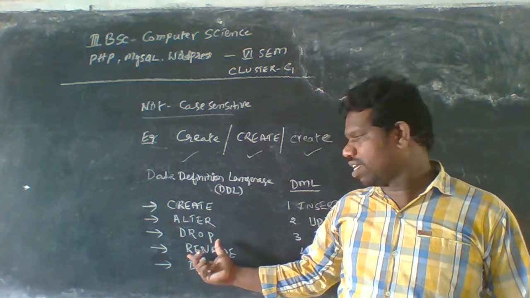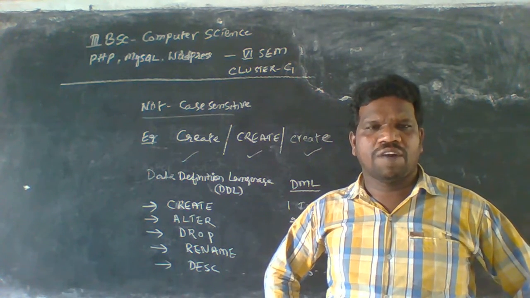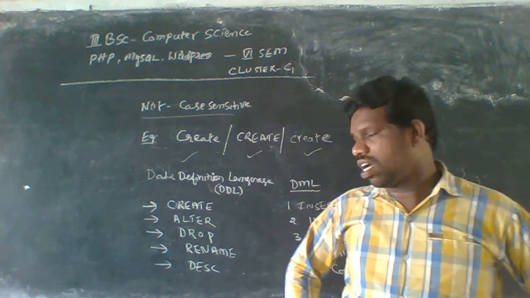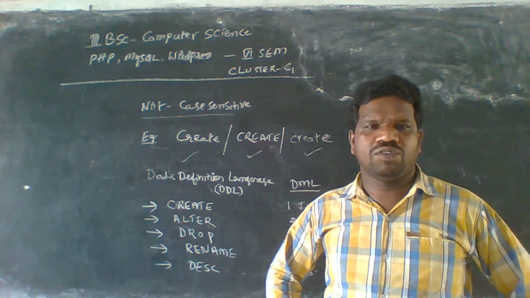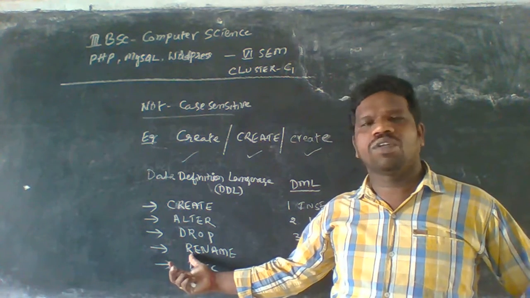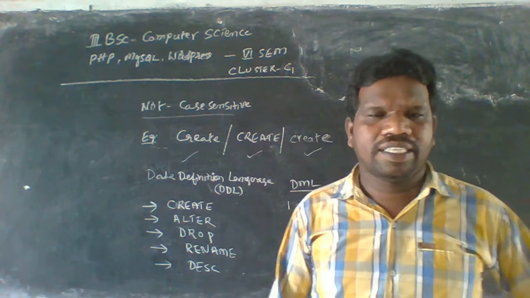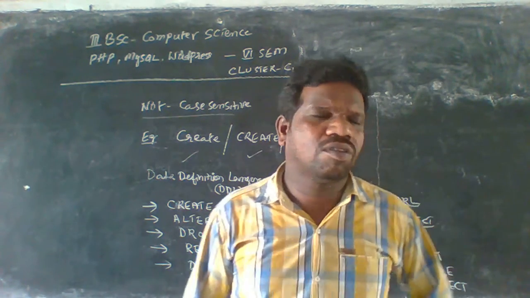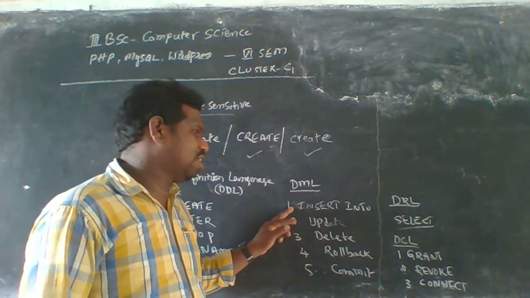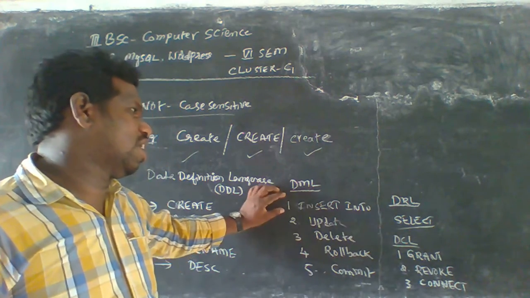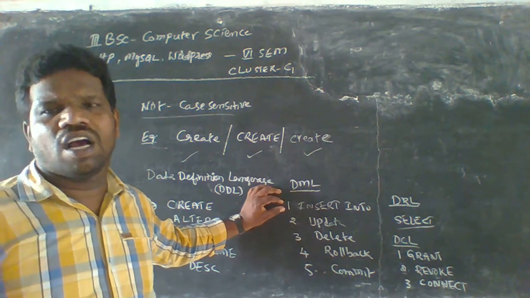Okay, drop. Next one is called rename. If you want to change any table name in SQL, we have to use this rename command, and we change the old name to a new name here, and this will be performed on an existing table only. And the des command is used to describe the entire table here, and coming to DML commands, we have to see there are 5 types of commands available here. That is called insert into, update command. Insert into is used for entering rows while you are creating the table.